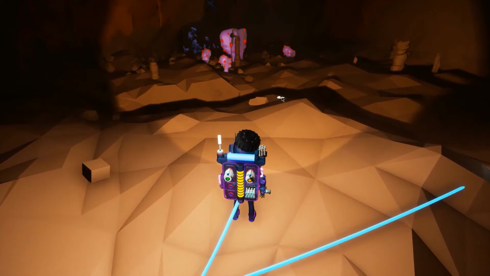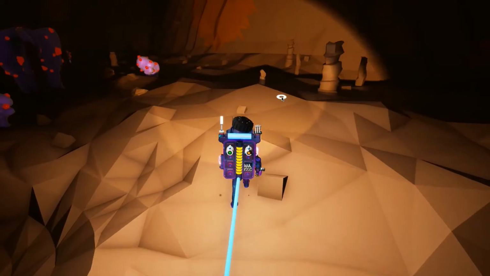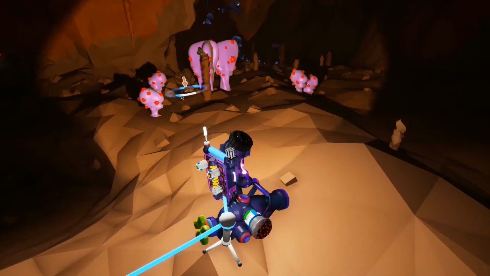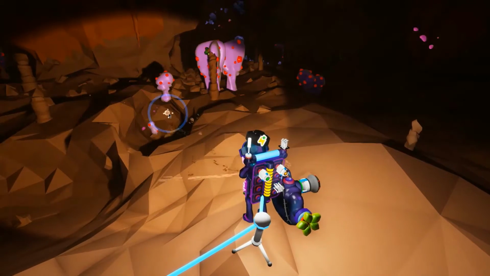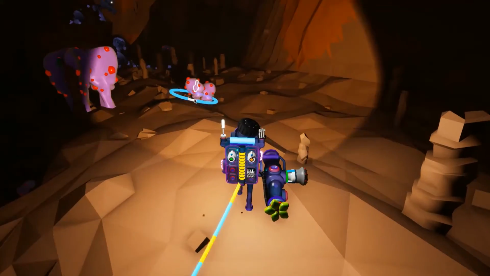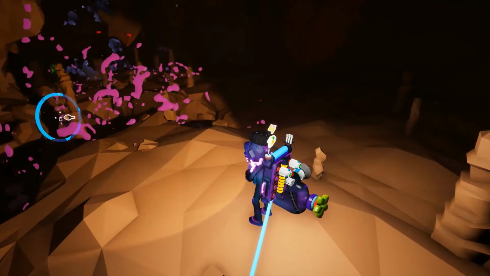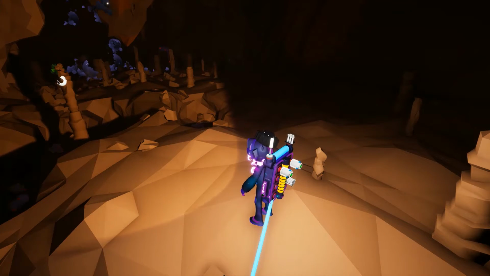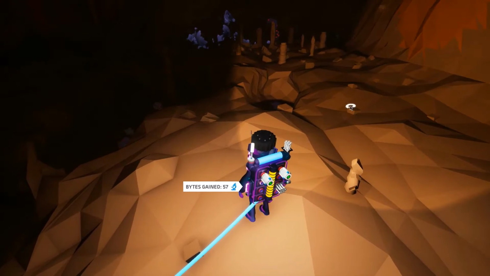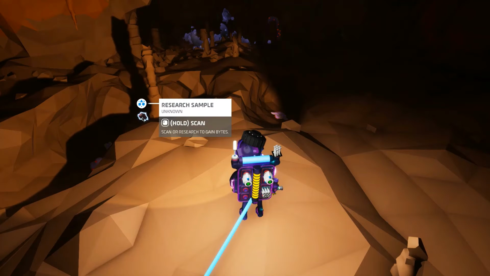Ooh, that's 60. Exactly. But the reason why is because of the fact that the QT RTGs produce as much power as what the portable oxygenator uses. So yeah, before this update, it just simply wasn't worth